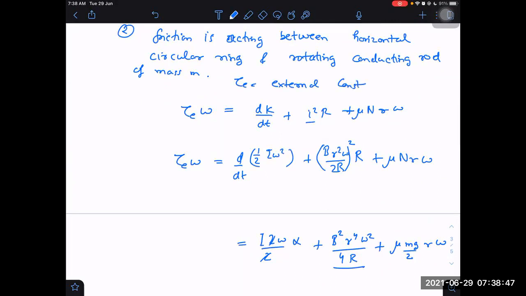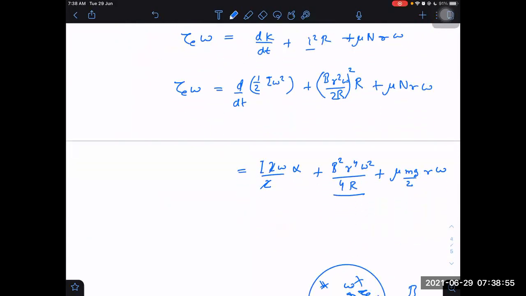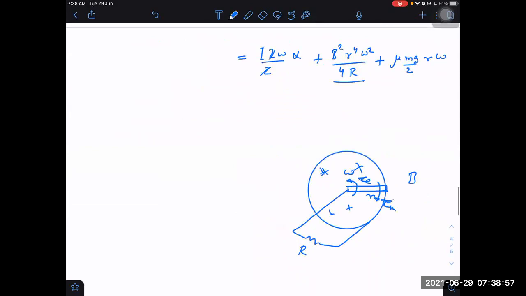Constant torque. Let us say somebody is applying external constant torque on it. Then what would happen as a result? No, it is right. Analysis. That was a mistake. I was taking magnetic torque only. Magnetic torque is different. That is acting as a reaction of external torque in the opposite direction, right? But the work is being done by external torque actually. And that external torque, what work does it do? That is equal to the heat dissipated in the resistance. Magnetic torque does not do any work otherwise also.